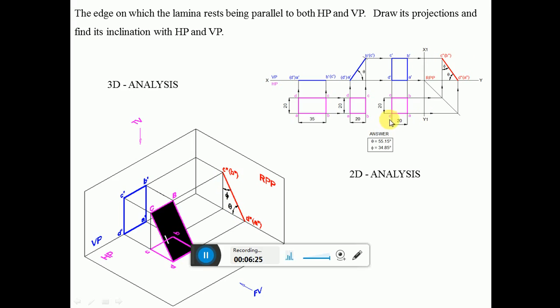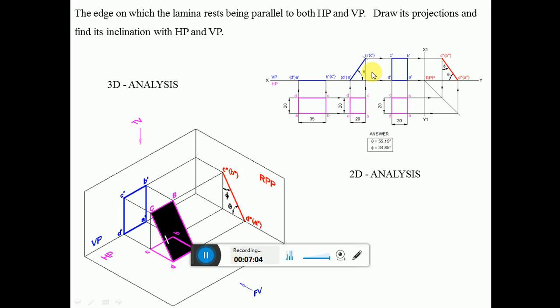So how? Draw an x1, y1 line and draw a 45 degree line. Then draw a horizontal projector from AD to the 45 degree line, and then project this in the upward direction. A dash, D dash is on the XY line, so you project this to get D double dash, A double dash. Similarly, draw a horizontal projector from BC to the 45 degree line, and from that point draw a vertical projector to the front side view and draw a horizontal projector from C dash and B dash to get this point. Then join C double dash and D double dash with a dark line.